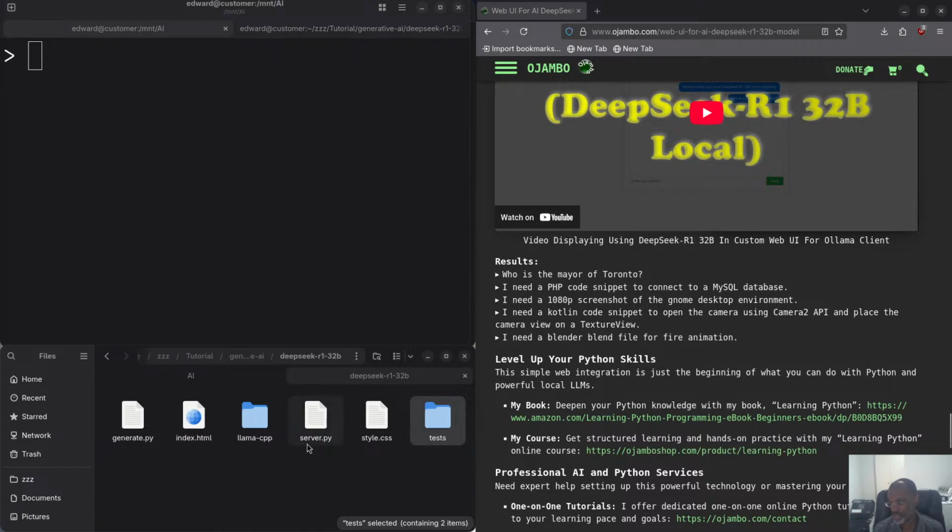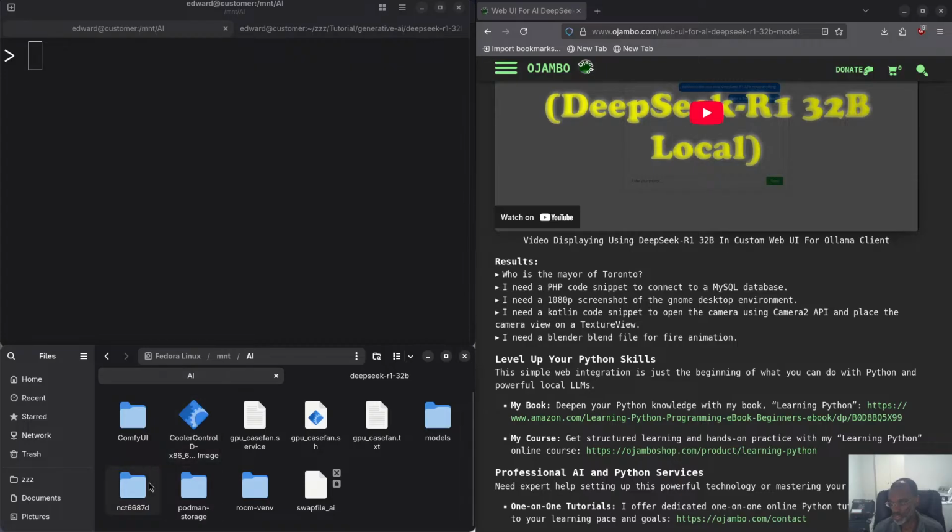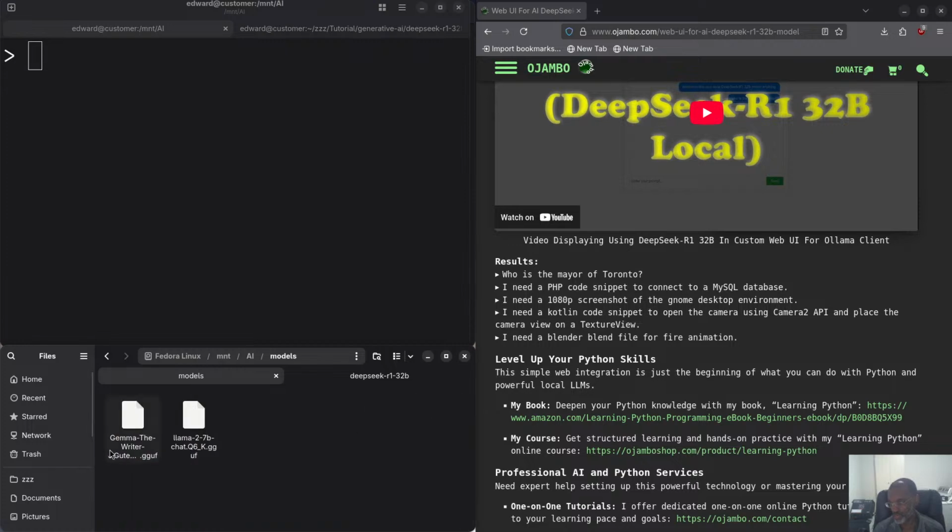All right, before I do that, let me get the download working, because if the download takes like 5 minutes, I don't want to be twiddling my thumbs. The first thing we're going to do is go to my mount folder here, which is this one. You see I have a models folder. I deleted all that stuff from before. You see here I have these 2 models right now. What I want to do is add another model here, so I'm going to cd into that folder, cd models, and then I'm going to